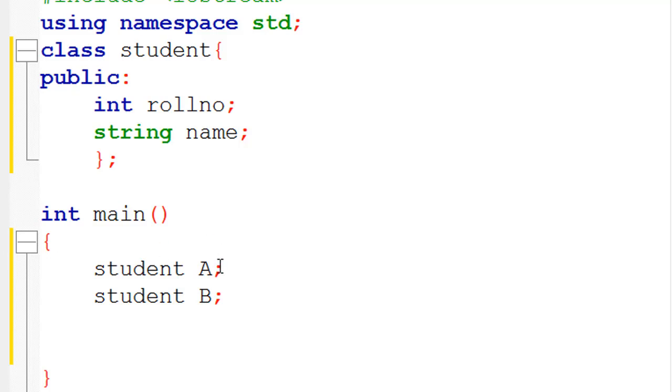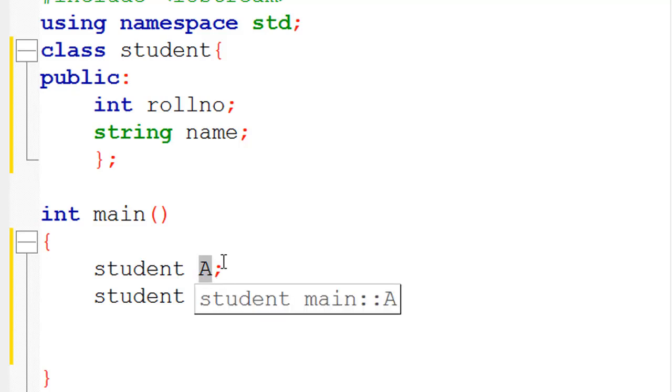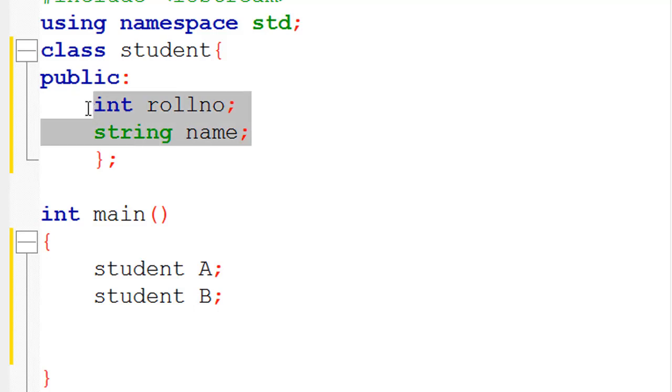Keep in mind that this is an object. Every object has its own copy of variables and functions that we declare in the public or private access specifiers. So here is one copy of roll number and name in object A, and another copy of roll number and name under B, right?